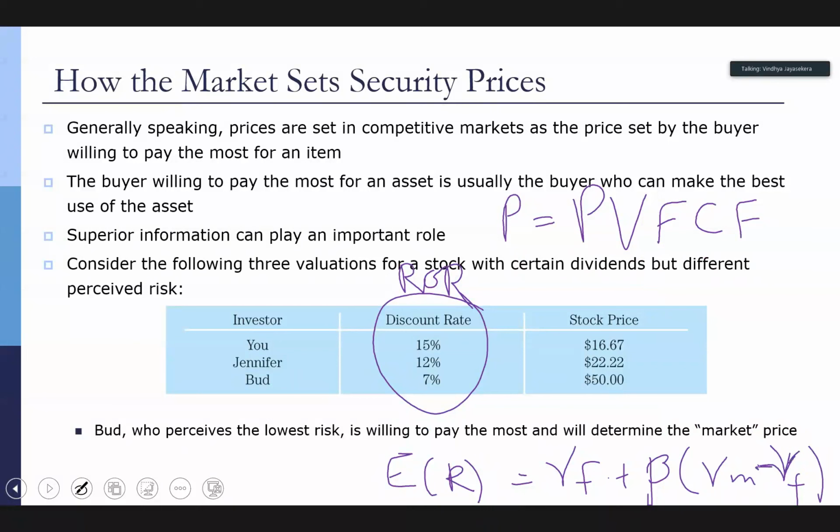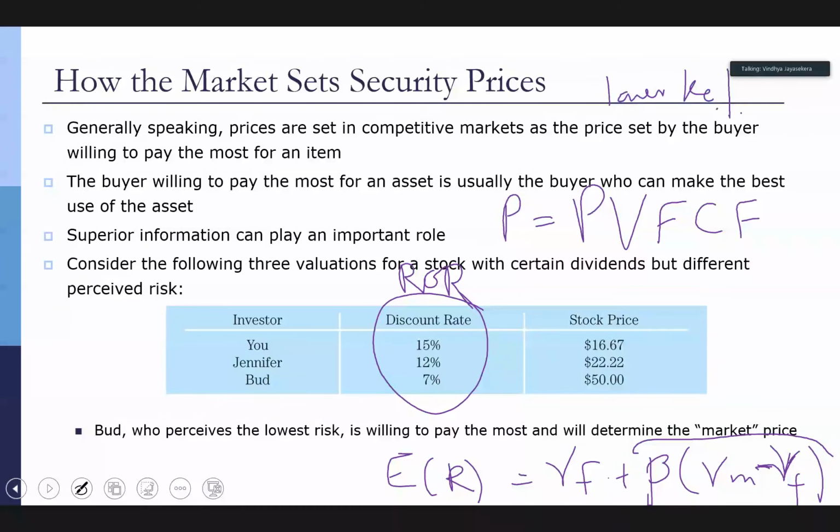But based on my estimation of certain factors, especially the risk factor, I can come up with slightly different expected returns than you. So because of this, my discount rate might be different from you. And the point is, the lower the discount rate,